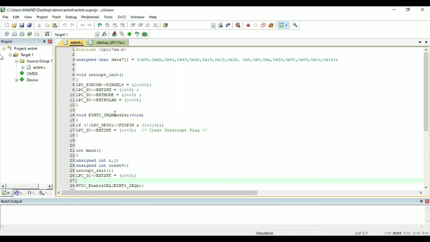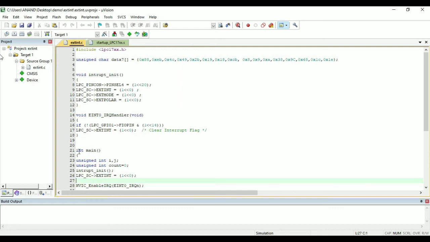Then we have IRQ handler, wherein we give exit condition for interrupt, that is when input switch is pressed, it should come out of the interrupt and should resume the execution of main program, and also it should clear the interrupt flag.